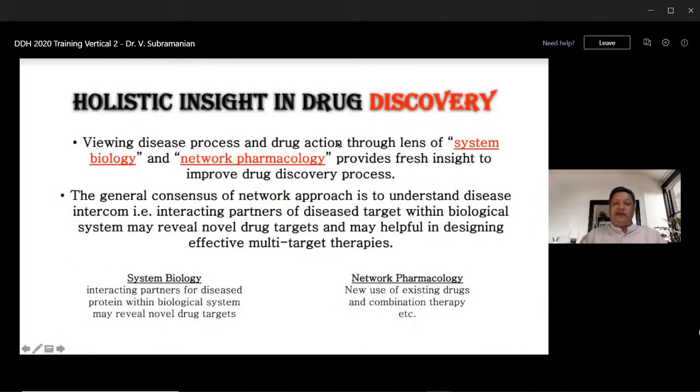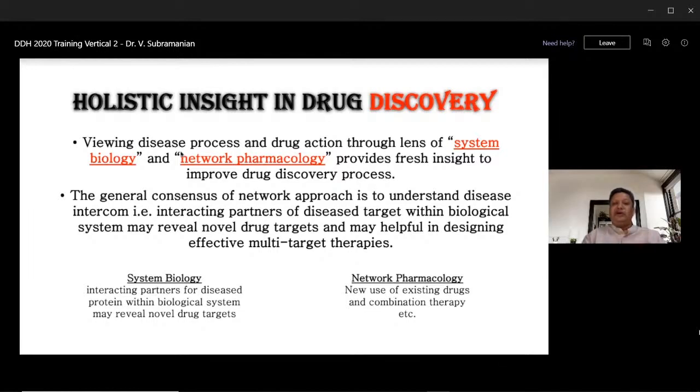So the holistic insight in drug discovery, as compared to the reductionist side, was: let's view the disease process and drug action through the lens of system biology and network pharmacology. It provides fresh insight. Why? Because the general consensus of the network approach is to understand the disease interactome. Disease is not because of one gene. It is going to interact with other environmental factors and other protein products which are affected. So these interacting partners of the disease target within the biological system may reveal novel drug targets and may be helpful in